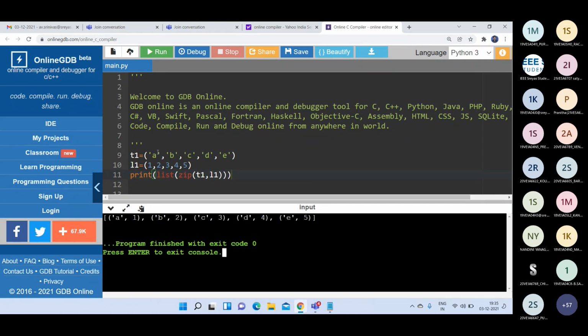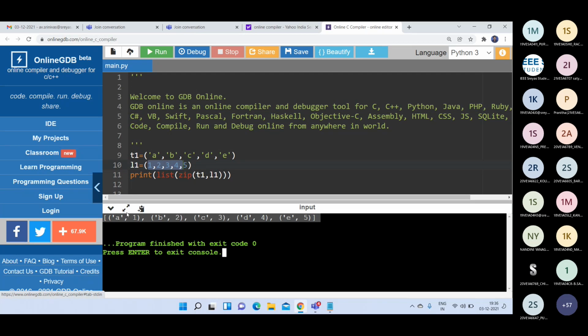Here we have one tuple T1, A, B, C, D, E. The second tuple is 1, 2, 3, 4, 5. If you zip these two sequences, 1 is zipped with A, 2 is with B, 3 is with C, 4 is with D, 5 is with E. So you get A1, B2, C3, D4 and E5. This is the list of tuples we are getting. That is the purpose of the zip function. Only these three functions are available in tuples.